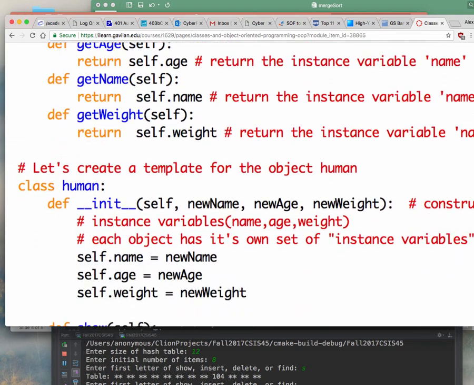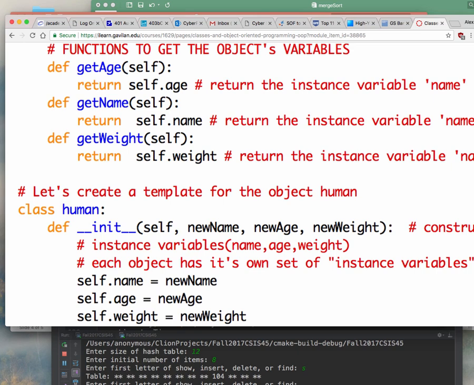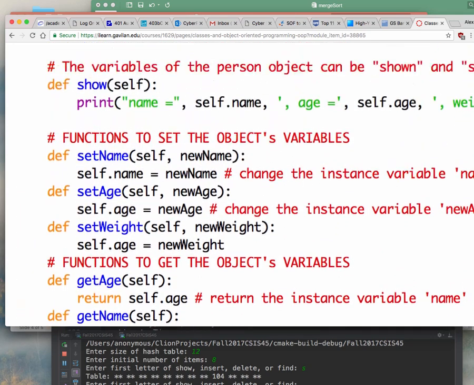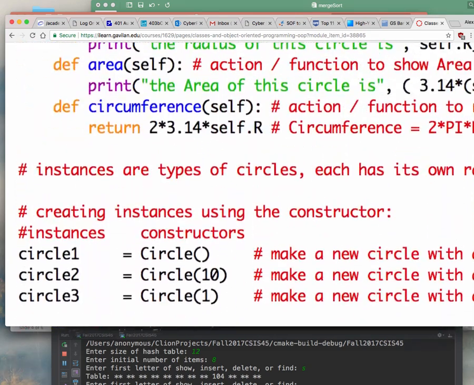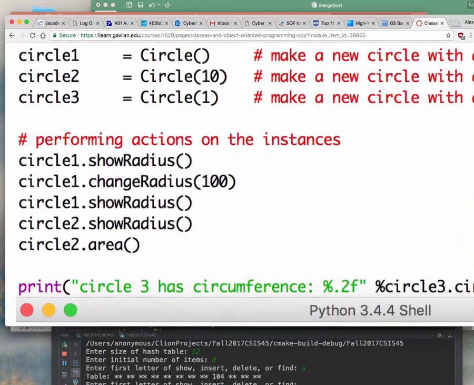So then underneath it, I have another object called human, right? And again, the object names are completely arbitrary, and actually a lot of times the nomenclature, the way you should write class names, is the first letter should be capital. So I'm kind of breaking the rule, but I don't really care. It's not a fixed rule. It's just that in order for you to identify an object easier from all the other things that you made, make it uppercase, right? Just like I did with the circle up here. If you see the circle here, I followed the rule, so the class should start with a capital letter, but it's not required.